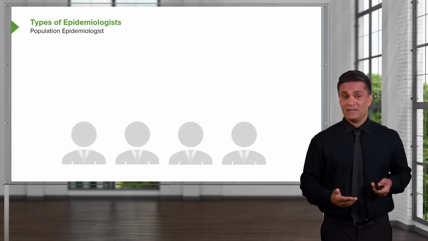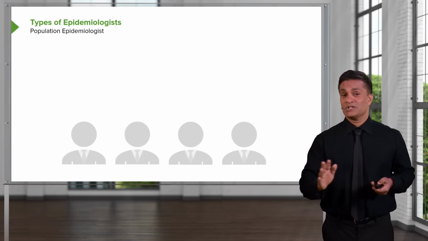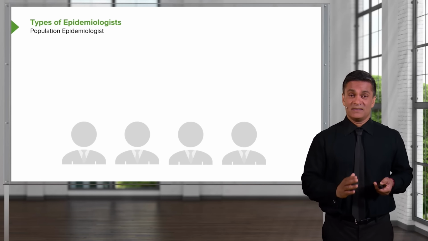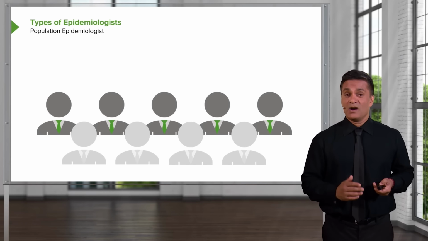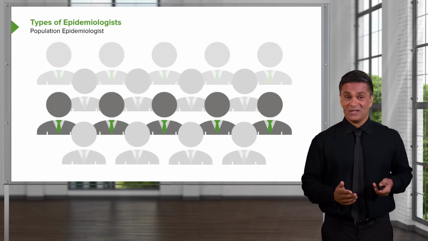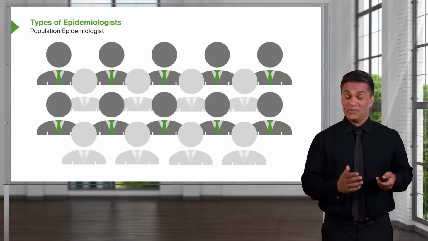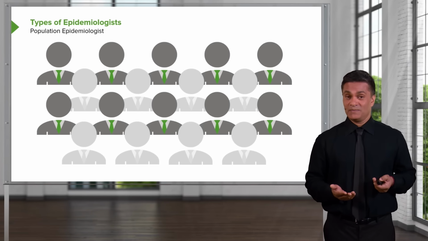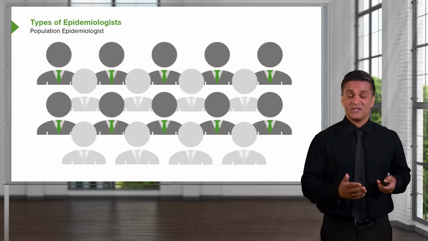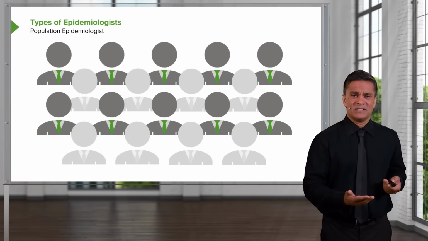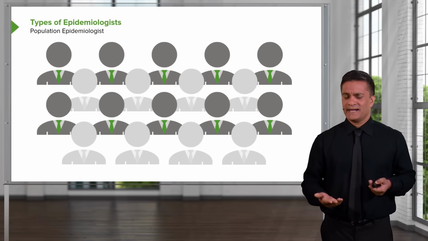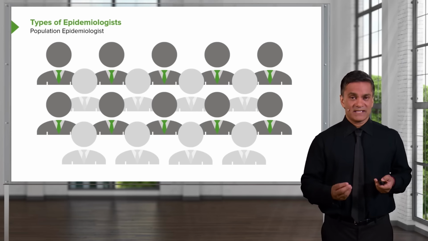And population epidemiologists look at large disease trends in a population, the incidence and prevalence, the risk factors that cause diseases, and so forth. Obviously, there's a lot of overlap in all these different types of epidemiologists, and there are newer, emerging types of epidemiologists today. Epidemiology is forging partnerships with political science, with economics, with computer science and genetics. It's a fast evolving and diversifying science.